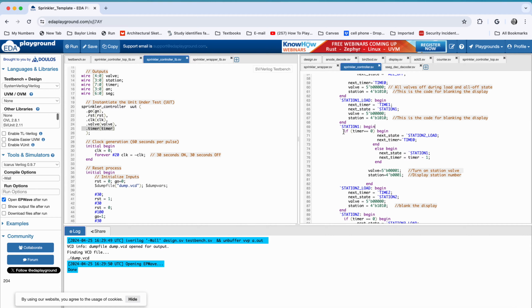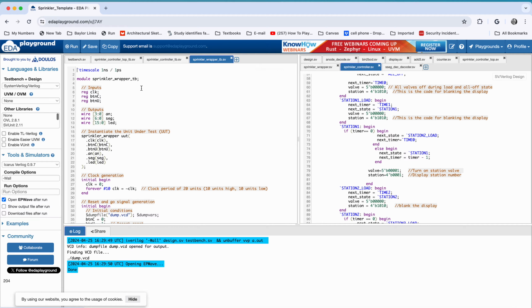Okay, so let's go over that one more time. If, all right, it's a multiple line, so begin and end. If it was only one line, you wouldn't need the begin and end, but there's two lines here in this if block. The same thing happens with the else block. There's a begin and an end with more than one line. Okay, so what you should see is,